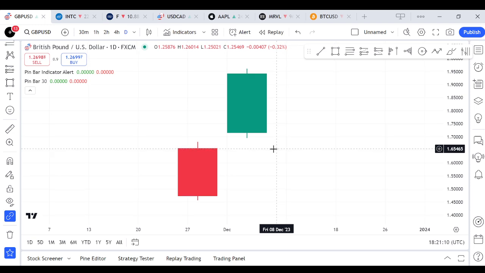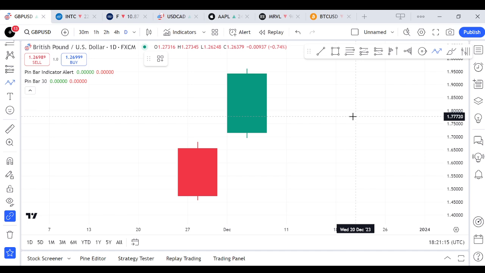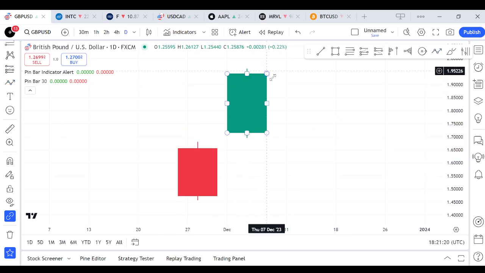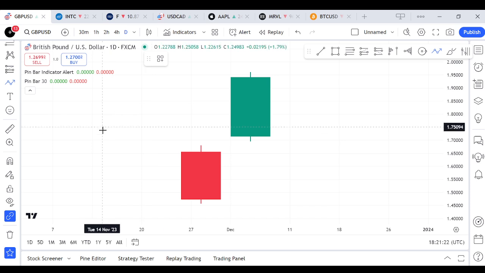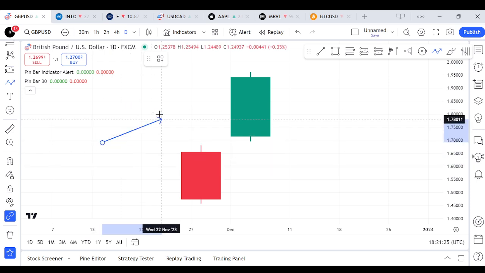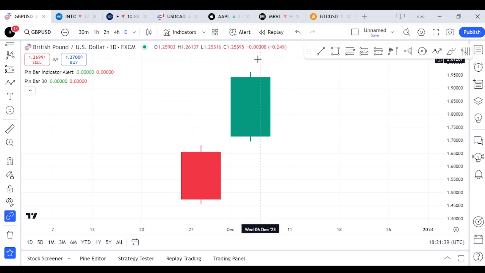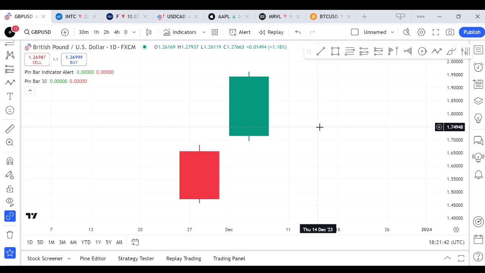So let's break it down. The first candle in this pattern is a long bearish candlestick. So price was initially bearish, giving us lower lows, lower highs, lower lows, lower highs, and then this candle, which is the first candle. So this candle represents strong selling pressure where bears are in full control, pushing the price lower. So it's important that this candle is sizable, as it shows that the downtrend is well established and that sellers